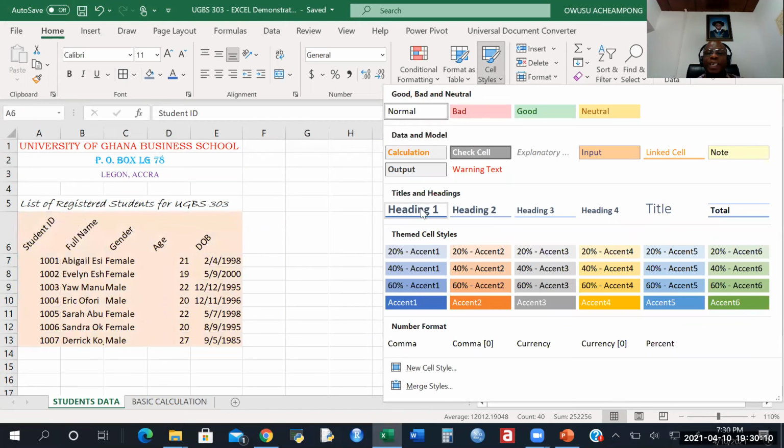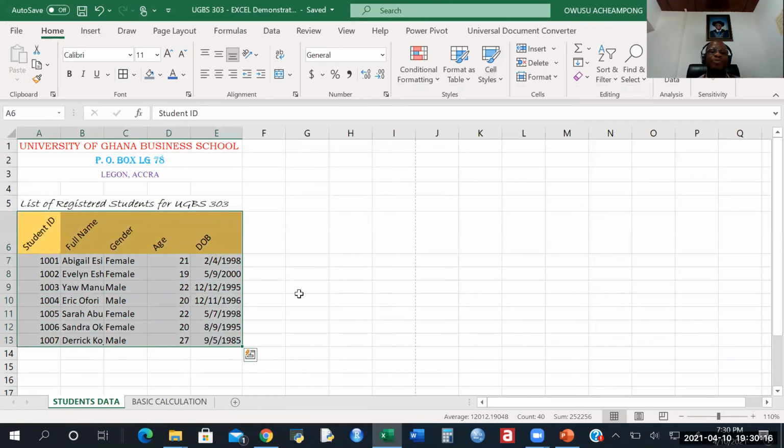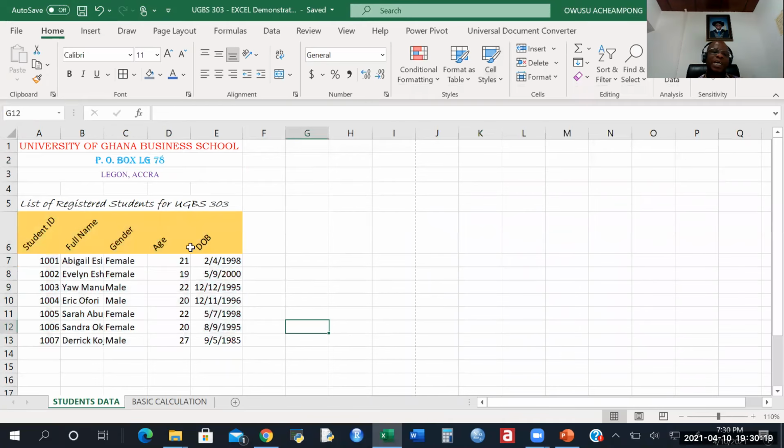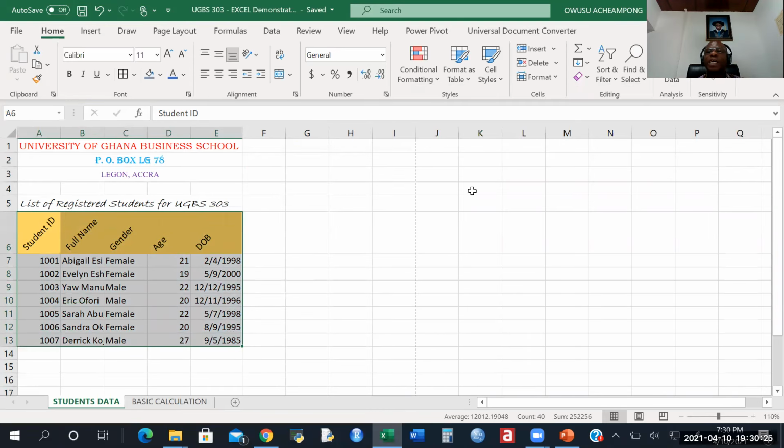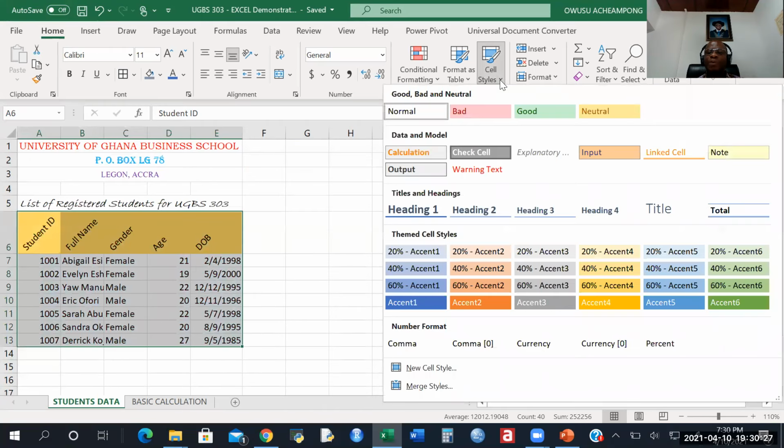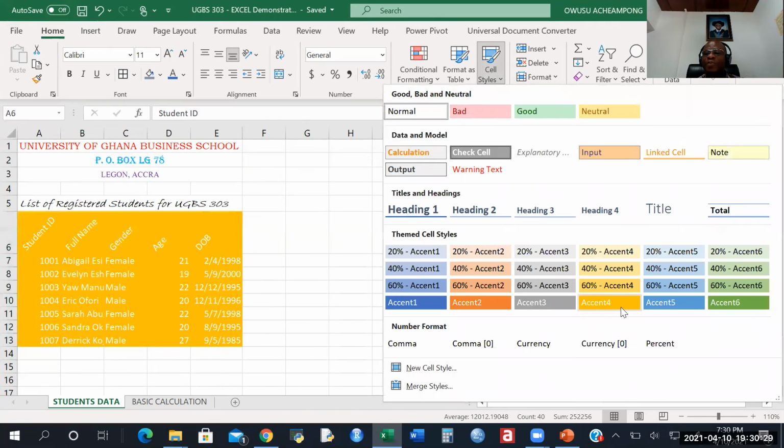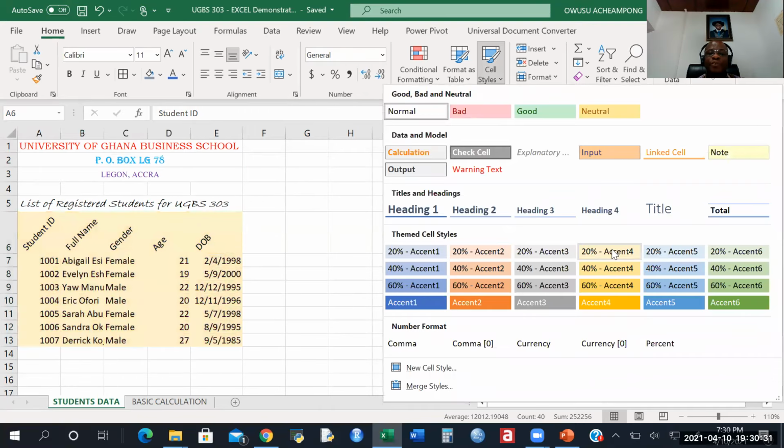We have different headings here. So Heading 1 will give us this. Heading 2, before, that's what we have. Before applying the style, we have done some formatting. But when we apply the style, the formatting that we have done is going to change to the style that we have selected. So we come to the cell styles, and there are so many different styles. So we have Heading 4 style, Heading 3 style, Heading 2 style,